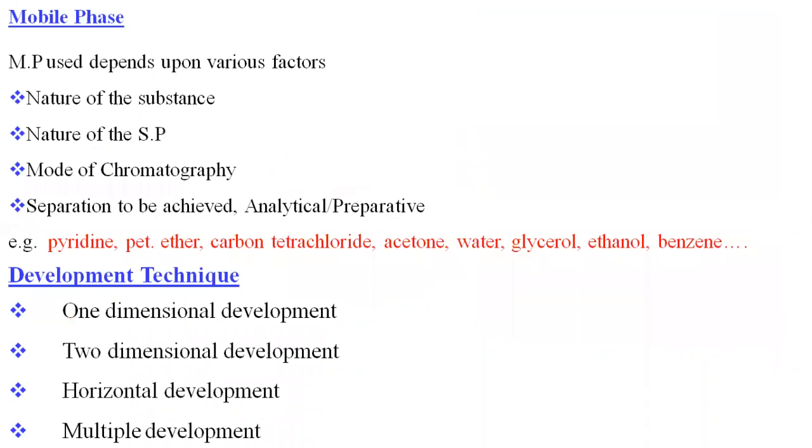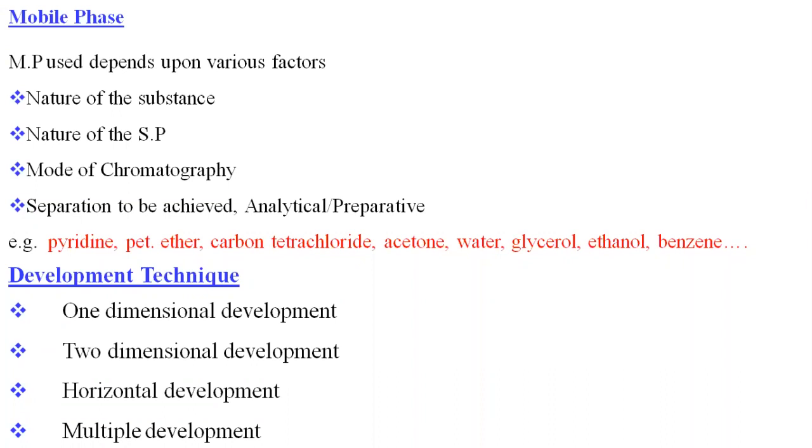Next is the mobile phase. The selection of the mobile phase mainly depends upon the nature of the substance, whether it is polar or non-polar. The selection should mainly depend upon solubility. Whatever sample we are analyzing and the mobile phase we have selected, they should mix with each other.